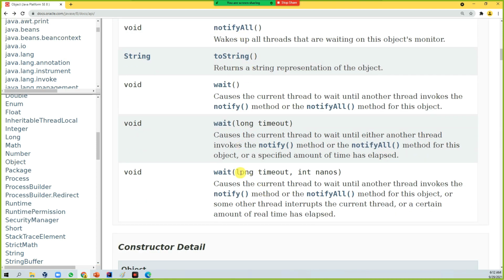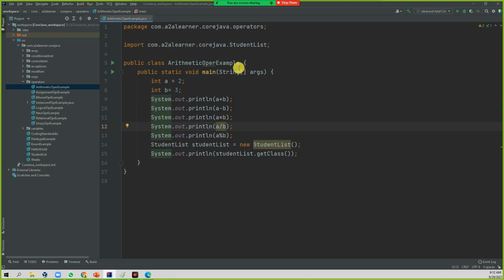All these 11 methods will be available when you use them in a program. Whatever program you write, let's see, this is my arithmetic operator example, and in it you can see the Object-related methods also.